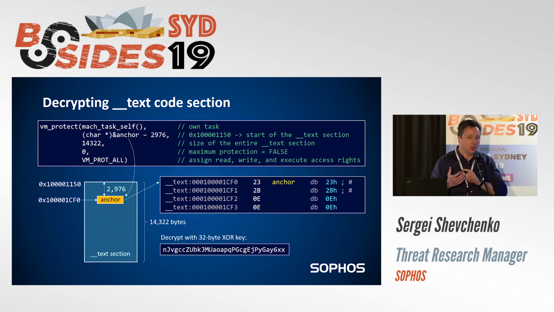So normally it has read access and execute access, right? Because it needs to be read and executed, but it also needs to give it write access because it wants to decrypt it. So let's have a look at the parameters passed to the VM protect function. It uses the method it uses. It takes the code section, takes the address of the certain area inside that section, which we can call ncore,